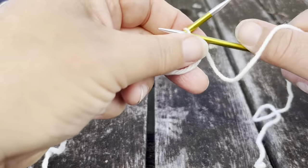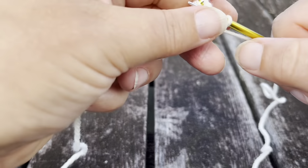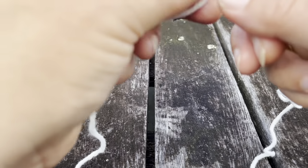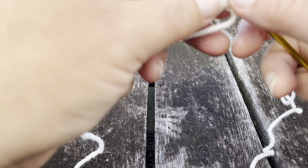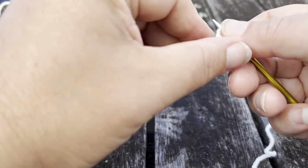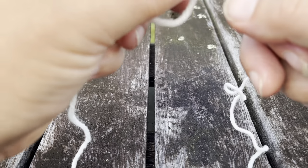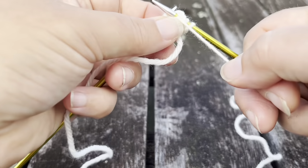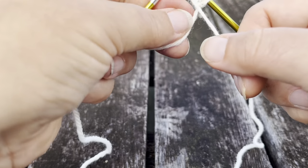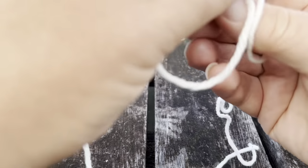Row 2 is we're going to purl 1, and then we're going to pick up this bridge to make 1. We're going to purl another one, and we're going to pick up this bridge to make another one. And this one is always a trial for me. Ugh. Make sure I don't get that split in there. Let's pretend that we didn't see it. There we go. So now, if I pull that yarn tightly, we have now got 5 stitches